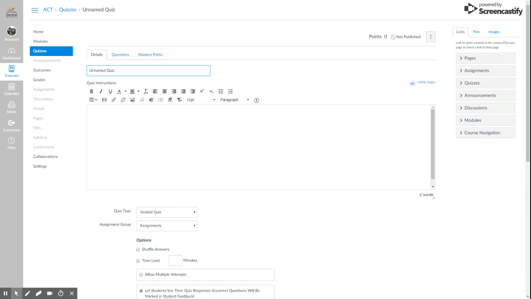Now, there's a couple of things that you should probably do. The first thing I recommend is go ahead and giving it a title. So I'm going to call mine the Science ACT Test. And down below in the box, you can go ahead and type a set of instructions. Just kind of a good way of giving your students something to look at before they dive straight into the